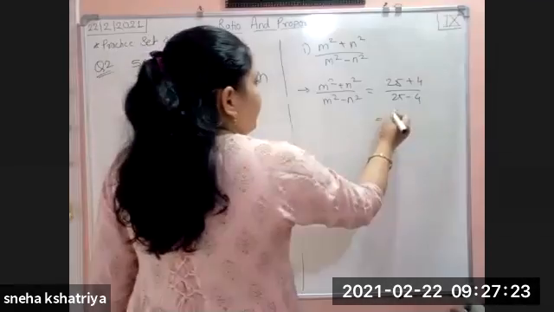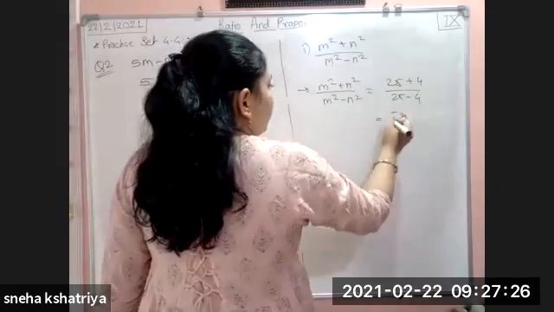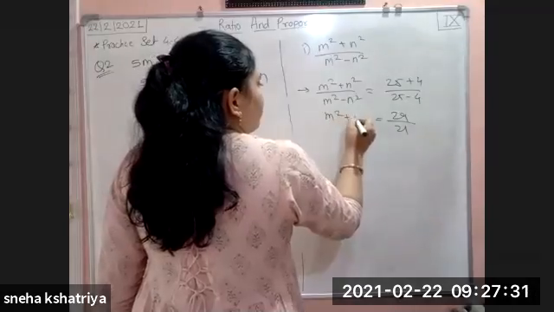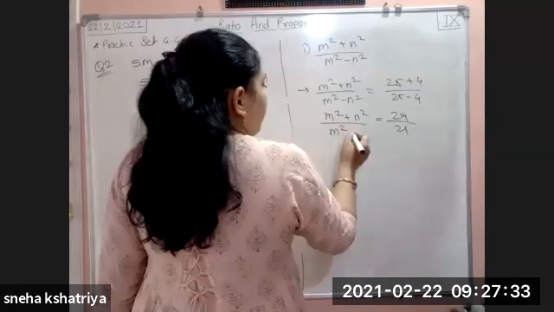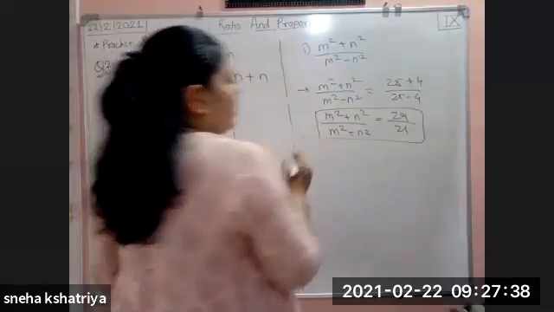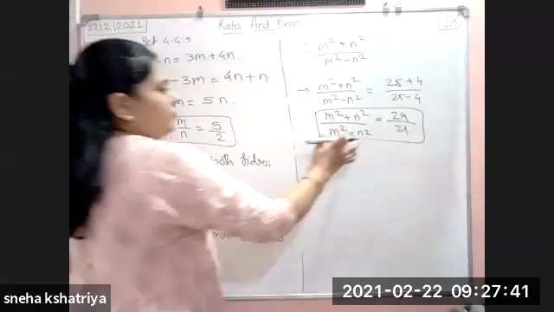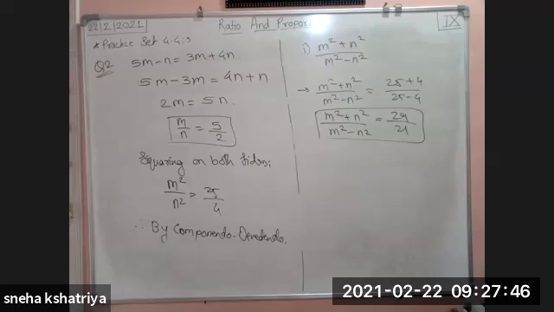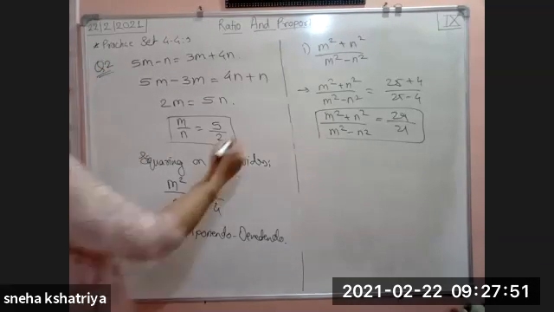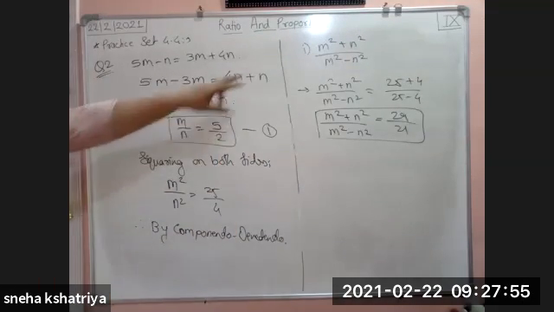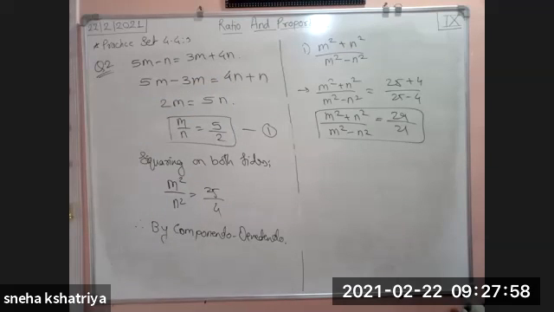So on the right side, we will get 25 plus 4, it is 29, and 25 minus 4, that is 21. So the value of m square plus n square divided by m square minus n square is equal to 29 divided by 21. Very, very easy kind of example. Whatever was given, from that we find the value of m upon n. Say it as equation number 1. From that we find the first value, m square plus n square upon m square minus n square.